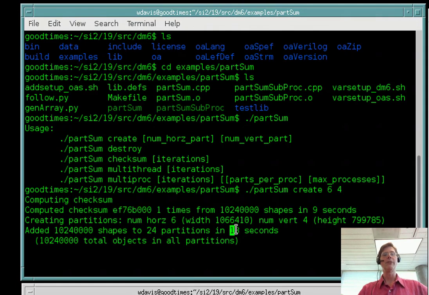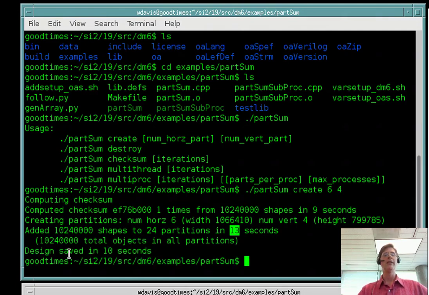First thing it did was it took 13 seconds to assign each one of those shapes to a partition. That's just iterating through all the shapes and then assigning them to one of those 24 partitions, and then it saves the design, and it takes 10 seconds to save. That's one of the things that we expect with